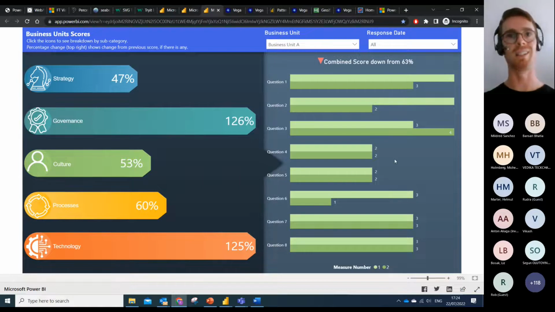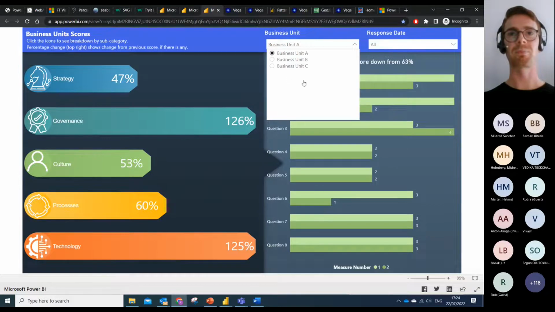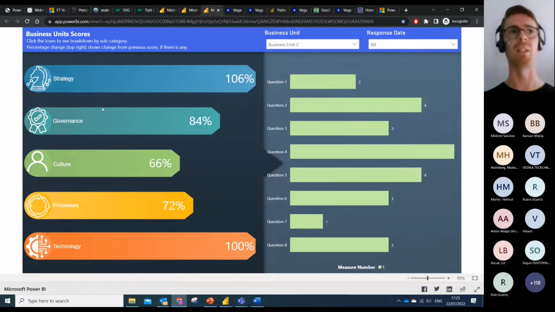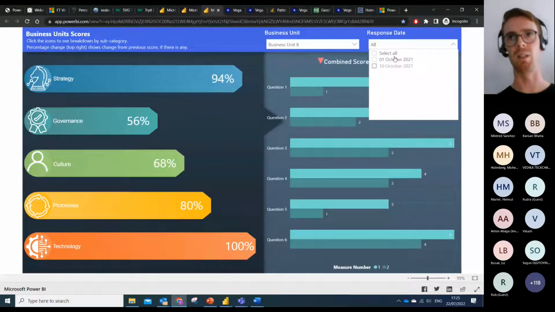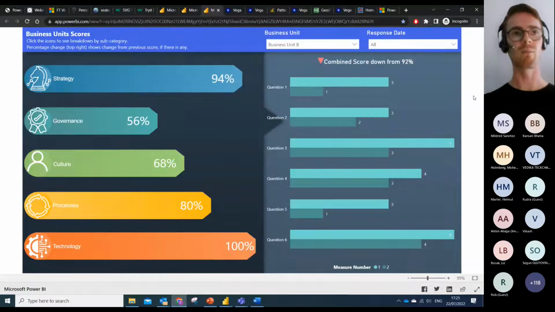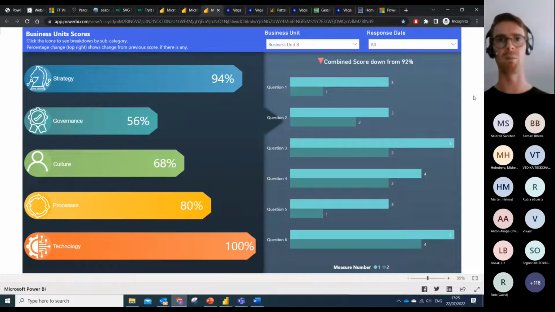And then the right-hand side is a very simple bar chart that achieved what we were looking for. Here at the very top, we can select different business units, and this can be seen as departments inside the company. So you can select that, and you can even filter for specific report dates. So not very complicated, there's not many things the user can do, and that was exactly the goal for this